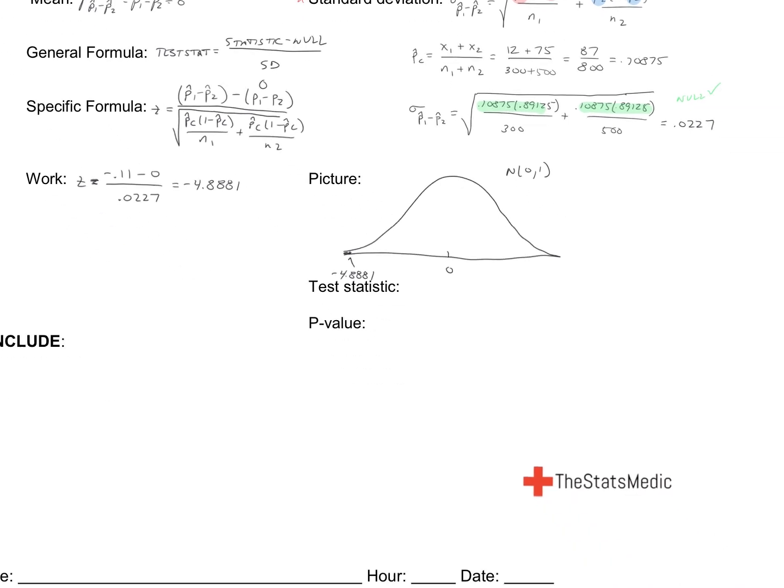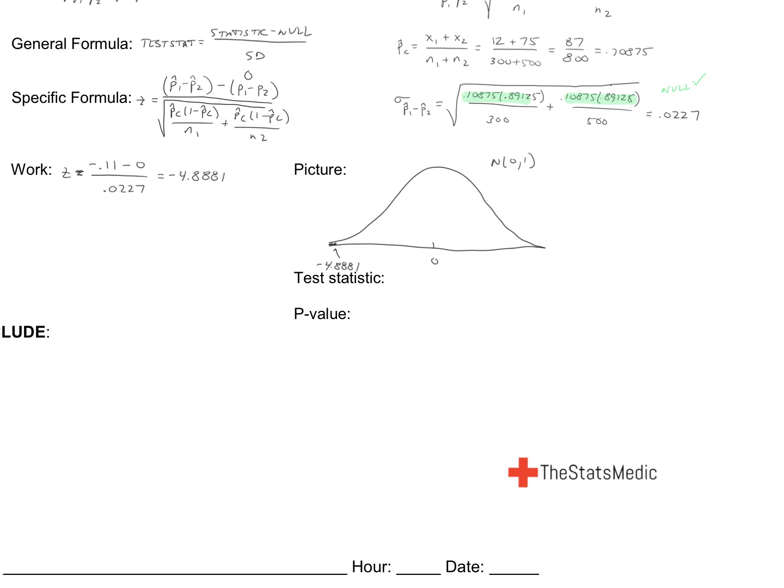And so what does that look like as a p-value? Now here's where we'd use normal CDF. What's the likelihood of getting a sample like ours, assuming the null is true? Well, the lower is going to be negative 10,000. The upper is going to be negative 4.8881. The mean is going to be 0 and the standard deviation 1. It's kind of nice if we use a standardized value that we don't have to put in numbers for those last two things. We just use the default 0 and 1. And we end up with